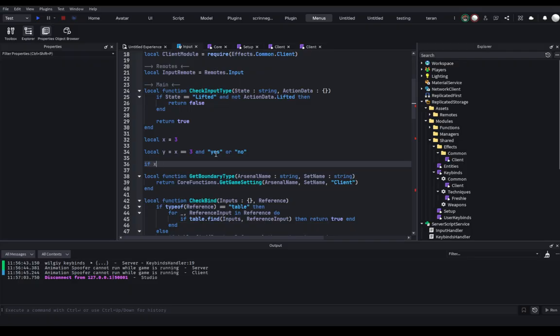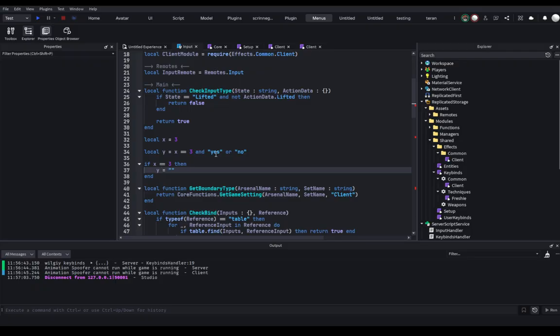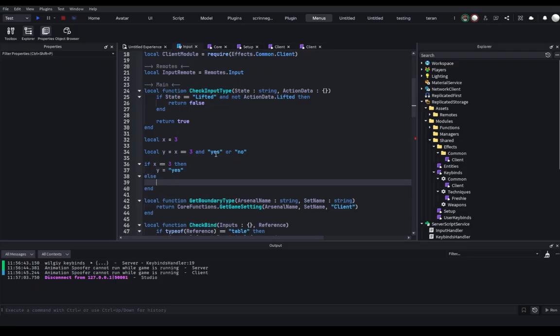So if x is equal to 3, then y is equal to yes. Otherwise, y is equal to no, right? So this is called the ternary statement,